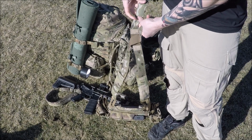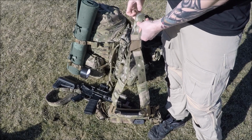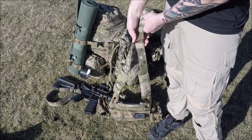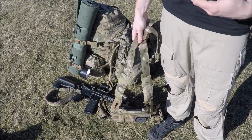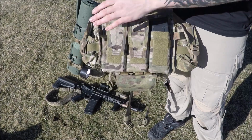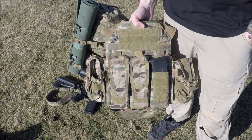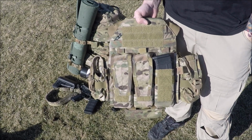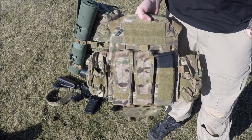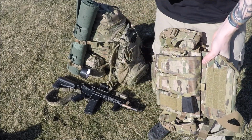So I might end up modifying these and cut a huge chunk out of this and add my own elastic so it has more give, so I could really cinch it down without it being too tight. Because there were times when I was running this in the beginning of the game, or the event, the whole time the carrier was so tight it restricted my breathing, so I had to take the whole thing off and adjust the straps to the point where it's a little looser, but it was loose,